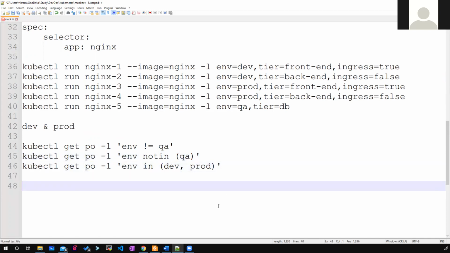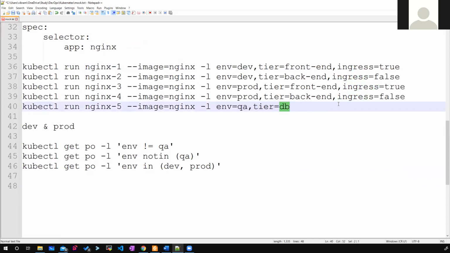So now you have shown us how to select based on a label and the value. Depending on the value of the label, you have selected a few pods. For example, if a pod doesn't have ingress, let's say whichever pod doesn't have ingress, I want the list of those pods.